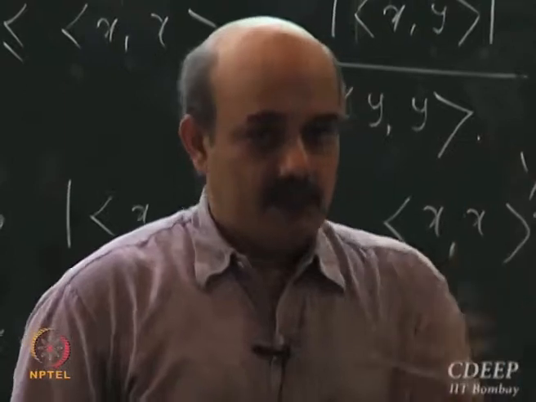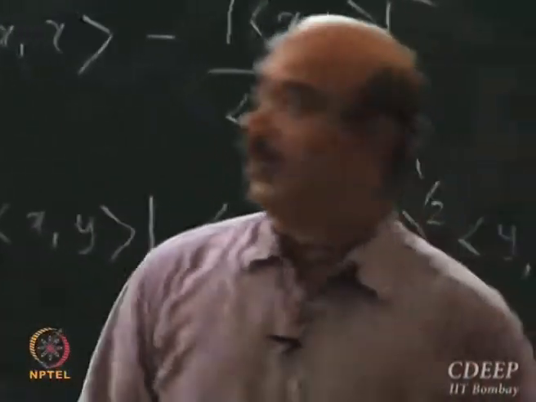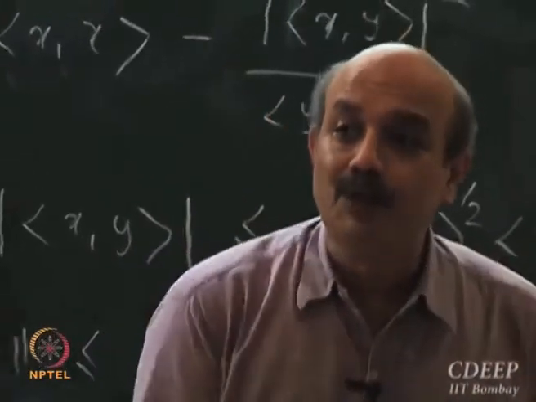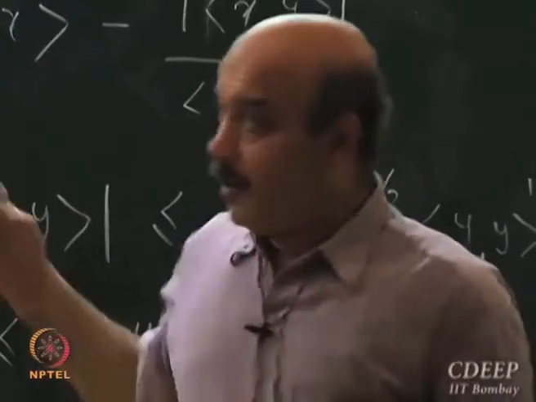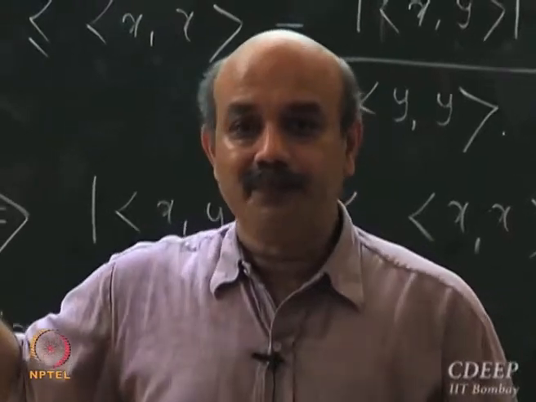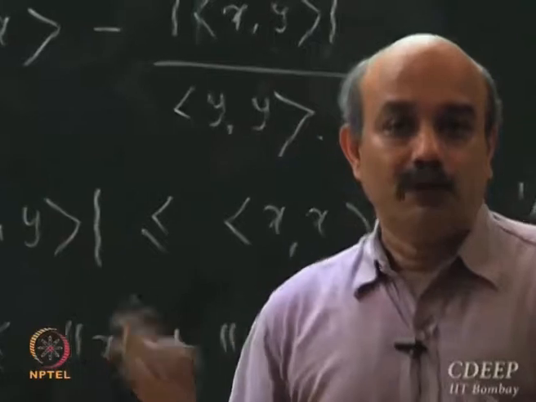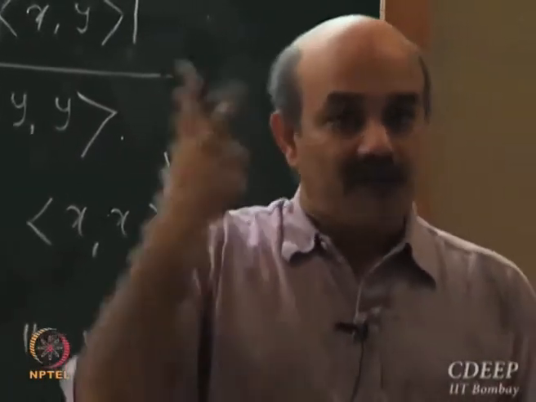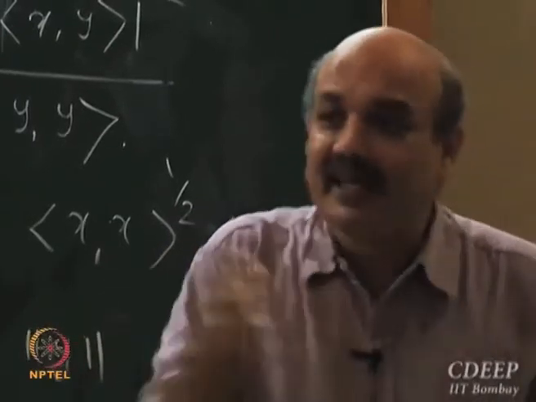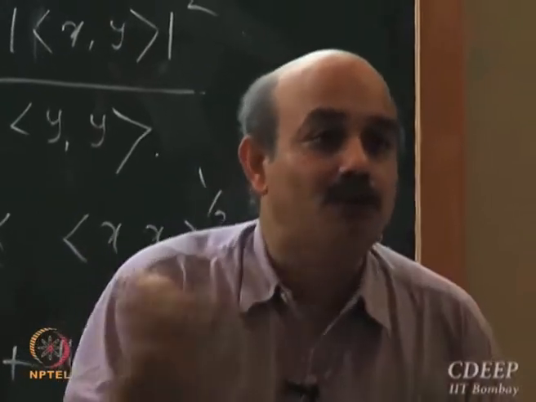There are 3 axioms of norm. 2 of them we already proved. The third one was triangle inequality. To prove triangle inequality, we need Cauchy-Schwarz inequality. But Cauchy-Schwarz inequality not only helps you to prove triangle inequality, it also gives you a way of generalizing the definition of angle. So you will be able to define orthogonal vectors in any inner product space. These vectors could be 2 functions like sine and cos, or these vectors could be 2 polynomials.